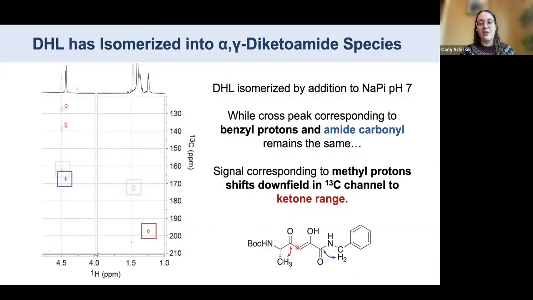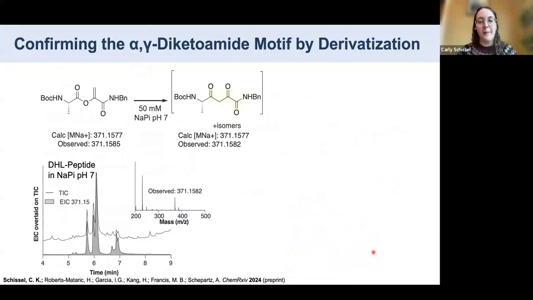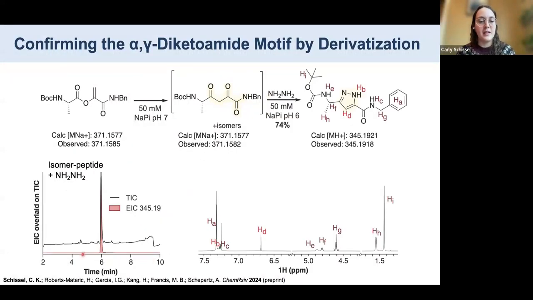And this is actually a diketone species or a ketoenol species. So this rearrangement was actually quite surprising, and then I wanted to derivatize it in order to really confirm its structure. So again, this structure is a single structure by NMR, but I found that it was not acid stable, so I wasn't able to isolate it, and that explains why I see so many different peaks in this chromatogram here. However, just adding hydrazine at slightly acidic pH, I see those multiple peaks coalesce into a single sharp peak,